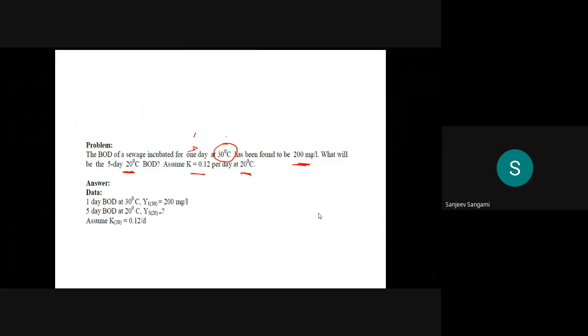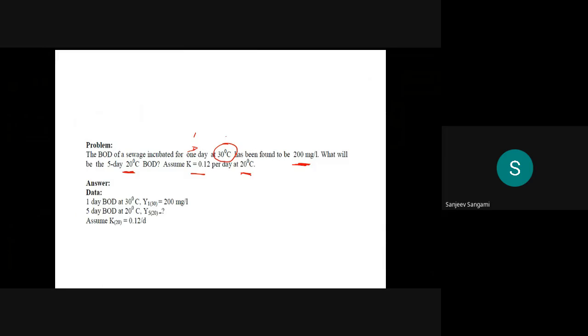In the previous class, we were discussing the BOD exerted and BOD remaining. So we'll take an example of how this BOD exerted and BOD remaining are used in practical applications. So we have taken one example. In that example, they said that